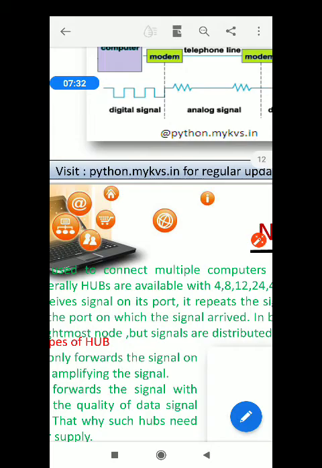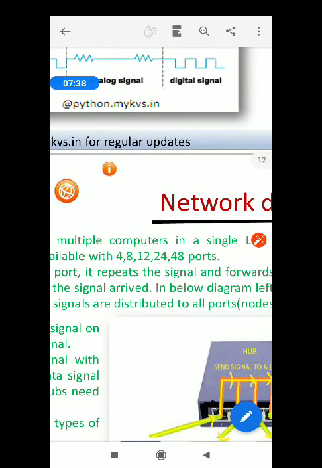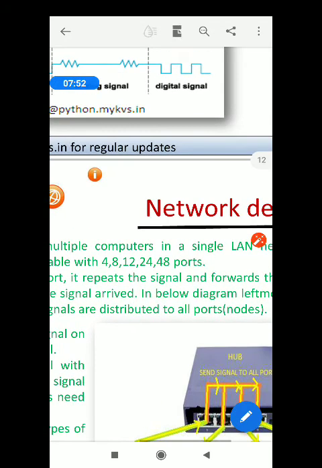Available ports are 4, 8, 12, 24, 48. That means in 4-port hub you may connect 4 computers, and in 48 ports hub you may connect 48 computers.